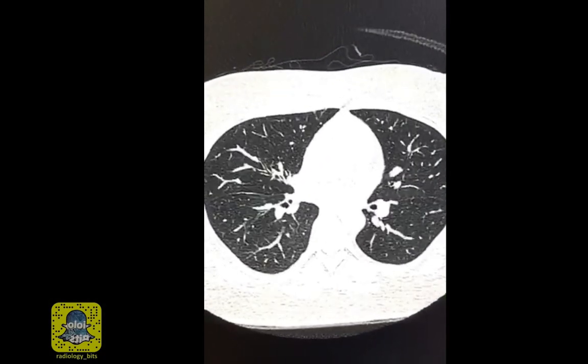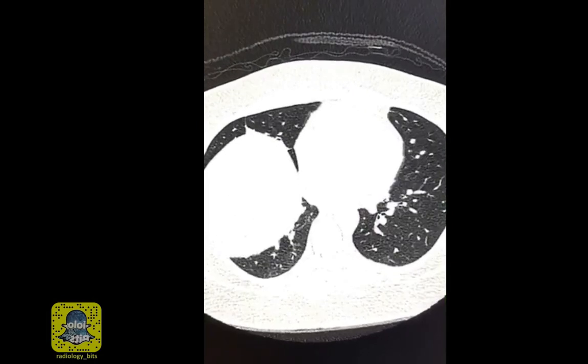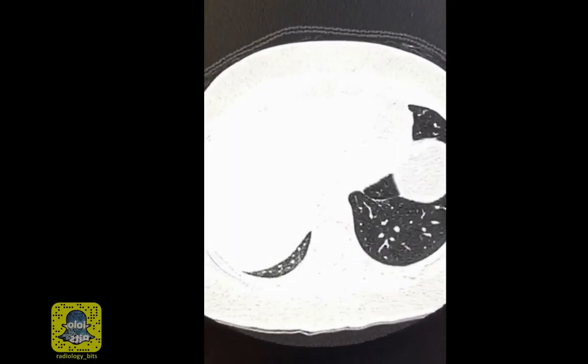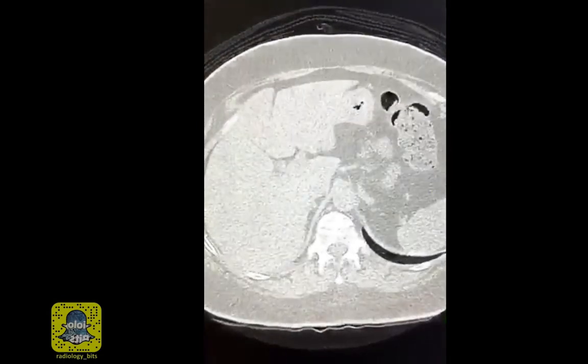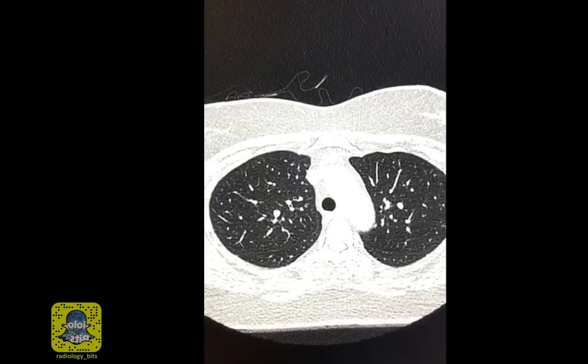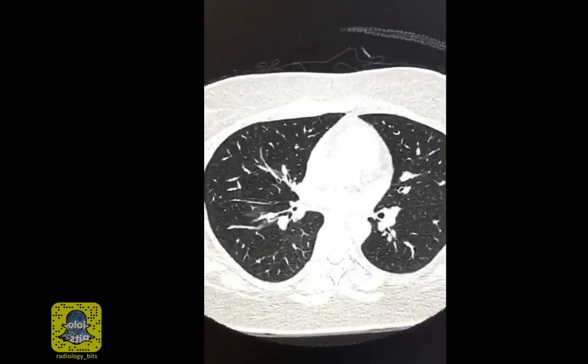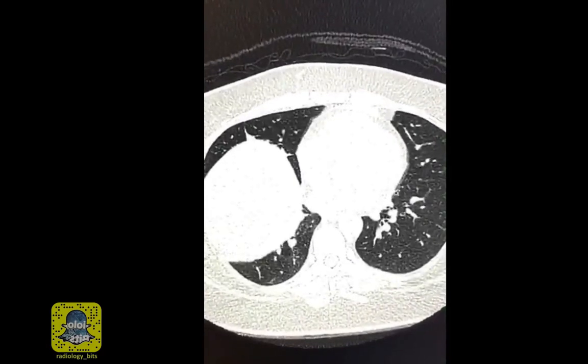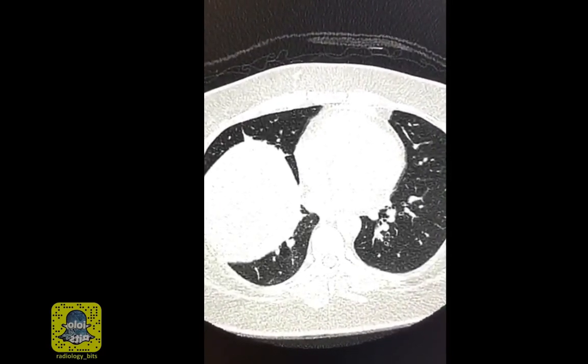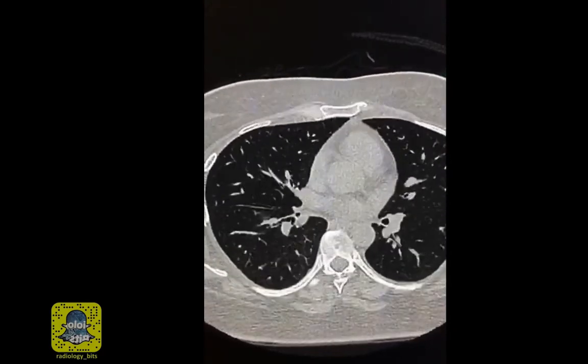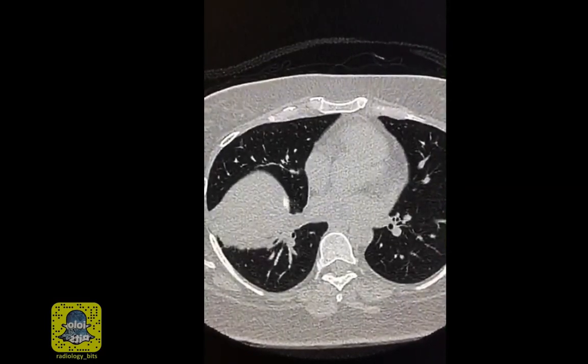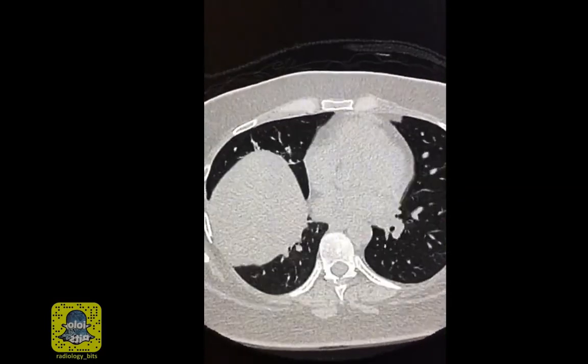This is a 40-year-old female patient who presents with chronic cough. As you may have noticed, the abnormality is located on the right side. It's not a primary lung abnormality. Although there is partial atelectasis of the right middle lobe and the right lower lobe, the abnormality is that of